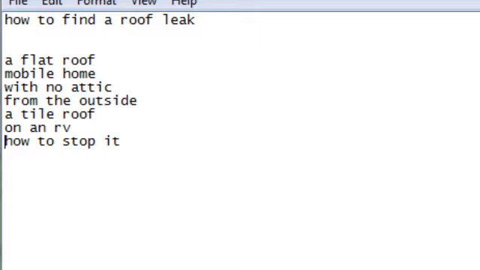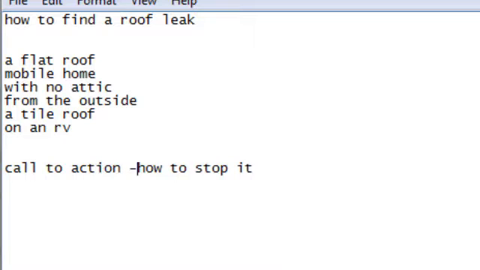Of course, that is actually the progression. Finding it first is crucial, and then stopping it could be the call to action. So the question is, how do you want to get people from one step to the next? Once you find the roof leak, you want to stop it. How do you go about stopping it? The call to action could redirect people from this state of mind to how to stop it. Of course, how to find it, these could be our bullet points right here,